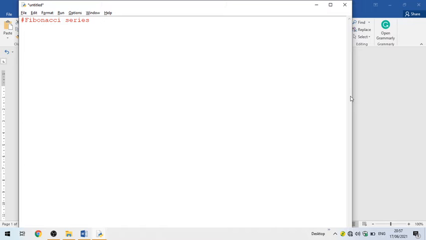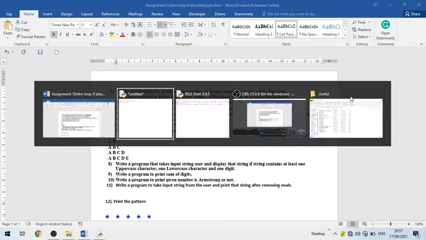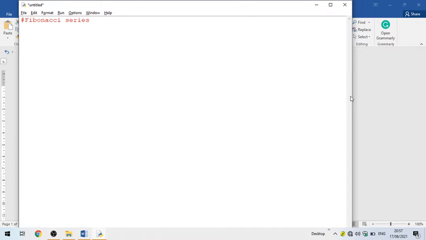First, what is the Fibonacci series? The Fibonacci series is something like this. I have already mentioned it here. This is the pattern of how the Fibonacci series is printed.